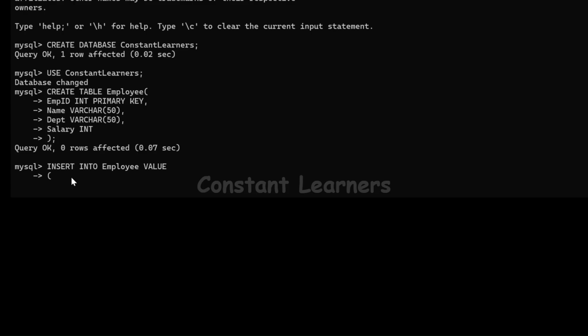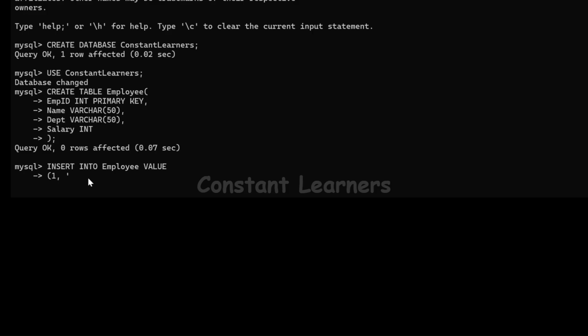For me, I'm just taking simple 1, 2, 3, 4, 5. So for the first row, we'll have 1 as the employee ID, comma. Then we enter the value of the second column, which is name. Now name, whenever we have the varchar or char data type in use, we enter the data in single inverted commas. So for name, we have varchar. We are going to use single inverted comma.